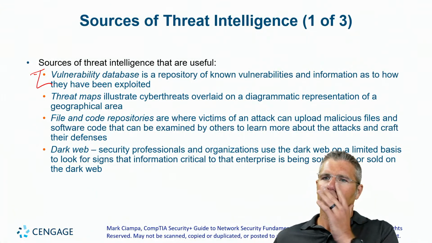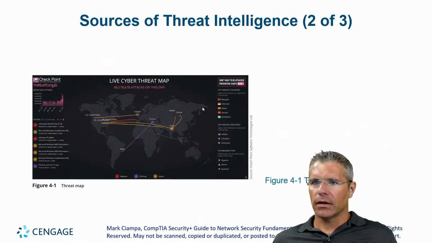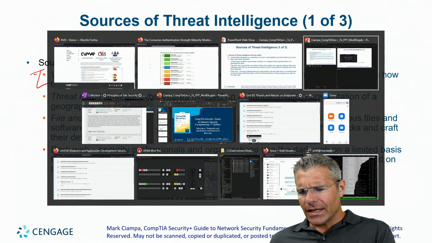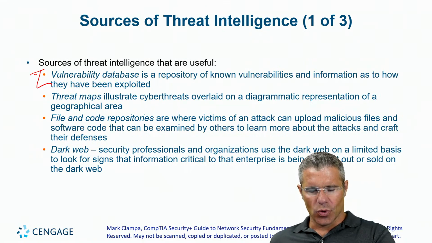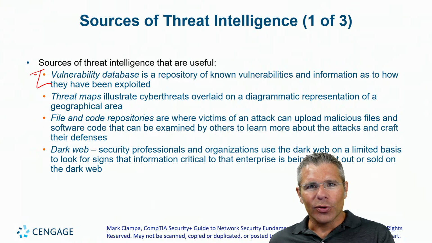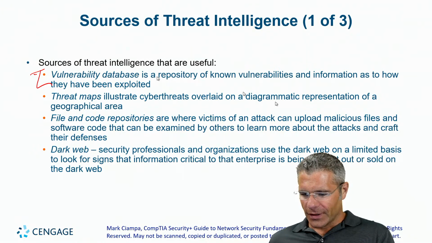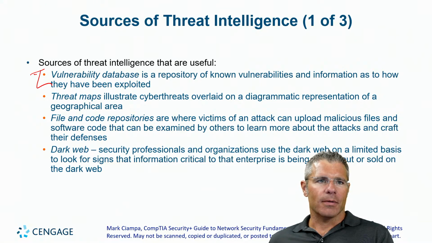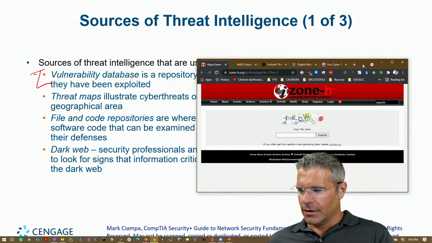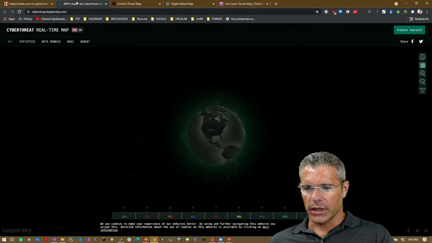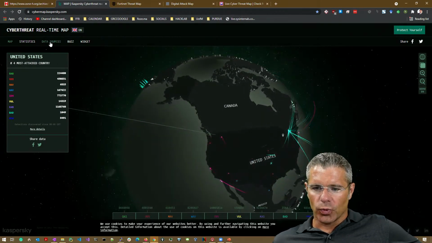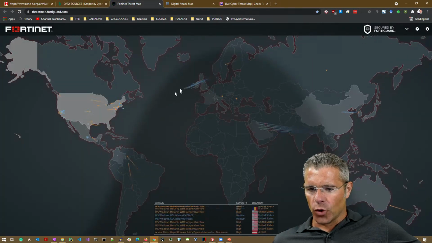And others along that line. Threat maps, like that one, these live cyber threat maps, I sometimes consider them to be more of a marketing tool for the antivirus and firewall companies that run them. There's a bunch of them out there. The folks at Zone H want you to log in before you get to them, but Kaspersky runs one, and basically they'll tell you where they're getting their data sources from. Fortinet's got one.